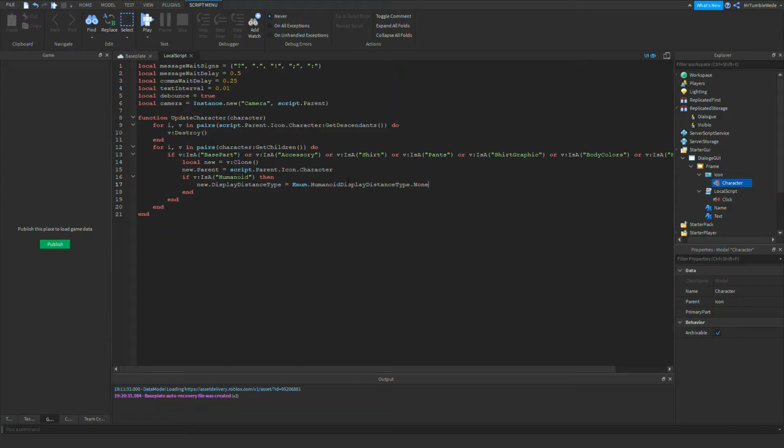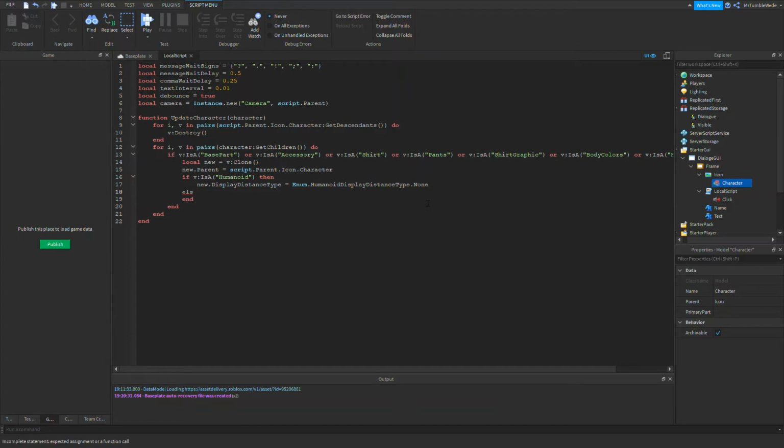Okay, now here's a problem about this. This is almost everything we have for this function, but here's the thing. Sometimes we add in custom player name tags, like owner, but sometimes there's games where they give you an owner billboard GUI if you're the owner, and they put it on top of your head. But if we were to use that, then it would clone it, and you would see your name tag duplicate. Yeah, so this is just optional. You don't do this if you don't do custom player tags or something like that.